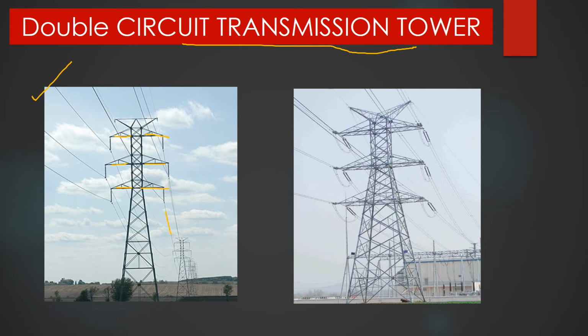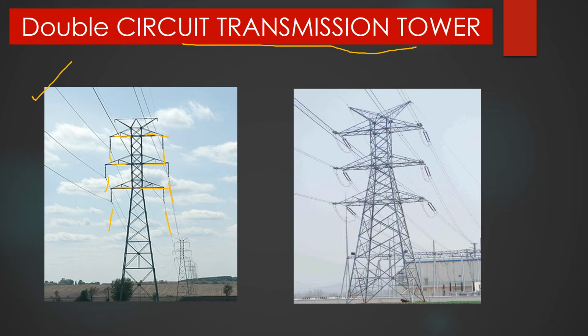Phase A, phase B and phase C. Similarly, from this phase A, phase B and phase C. So you are now able to distinguish the single circuit and double circuit line. Here the 3 phases are being run twice, or double, in a manner from the 6 clamps of the transmission